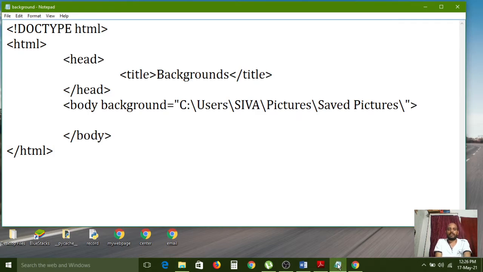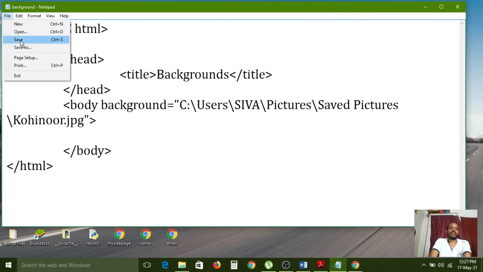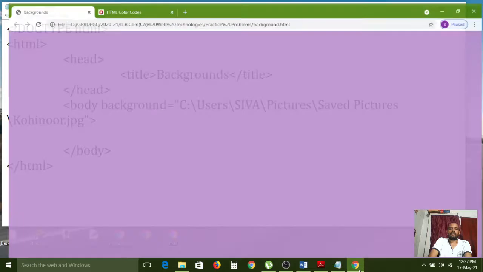If you type, you might change lowercase to uppercase letters. If you make any mistake while giving that, the image will not display. So don't commit any mistake, just simply copy the names. Copy the address from the address bar, and also copy the file name, don't type. The extension is also a must and is required. The extension is .jpg. So now I am saving the file one more time, and I am refreshing this page.